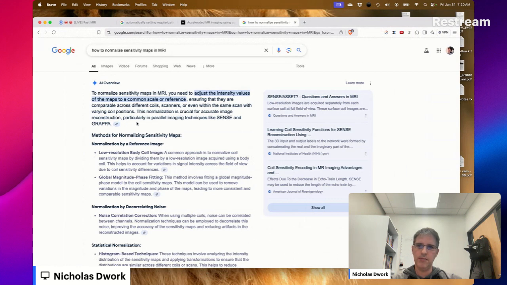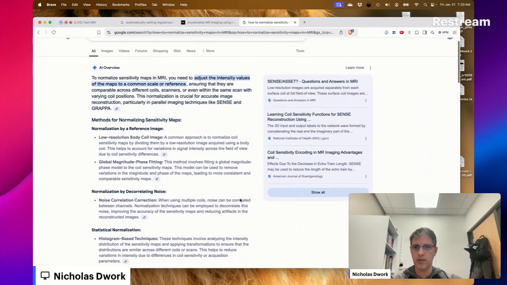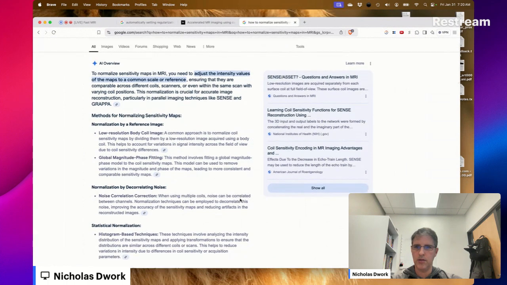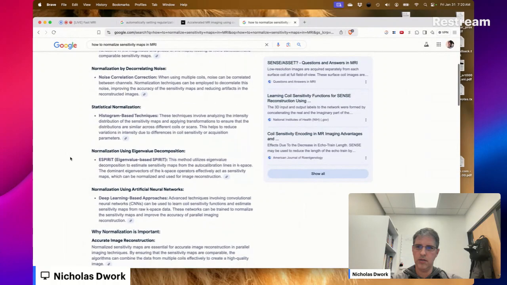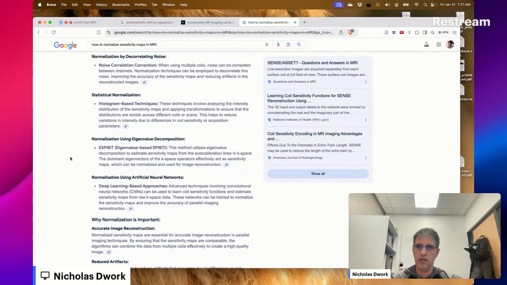Normalization is crucial for accurate image reconstruction, particularly in parallel imaging techniques like SENSE and GRAPPA. Yeah, but how do you normalize these things?